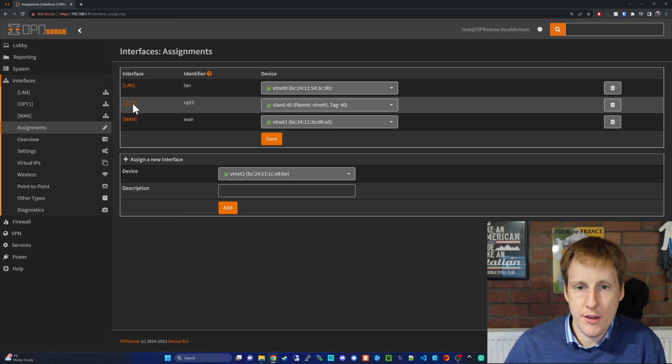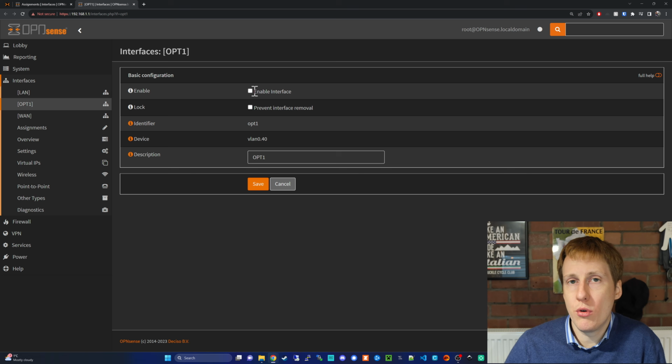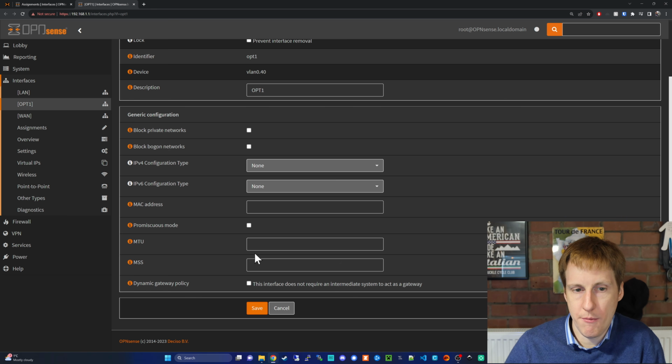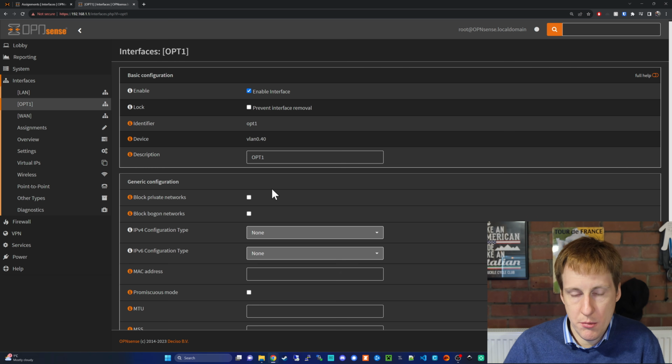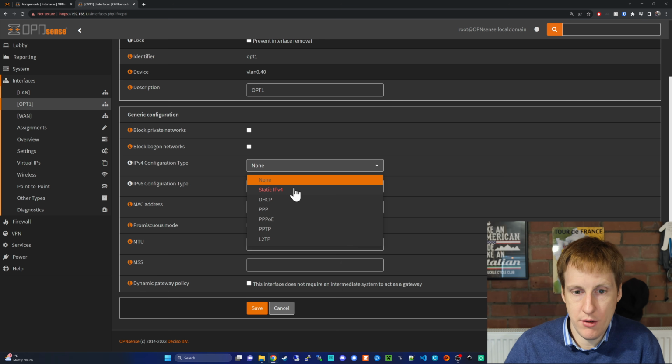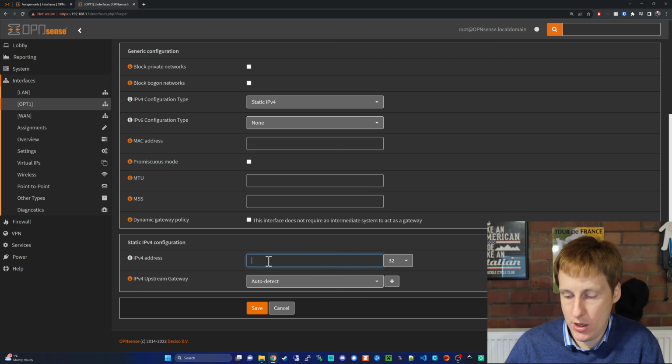So now that we've added that, we can click on it, and the important thing is we click enable the interface. When we click enable, a load more options come up down here. And now that we have those options available, we need to put something in here so that we can enable DHCP and also so that it knows what the network range is. So as I've given mine .40, I'm going to create the following network range. It's going to be a static IPv4, and the IP range is going to be